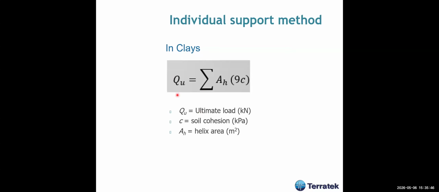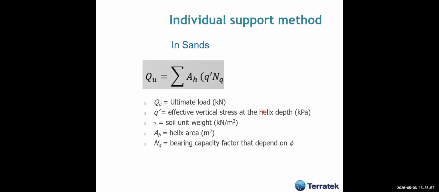For the individual support method, you just use something like this in clays: this is the helix area times the soil cohesion times 9, a very straightforward bearing capacity analysis. If you have sands, use something like this: this is the area, Q, the effective vertical stress at the helix depth, and the bearing capacity factor,